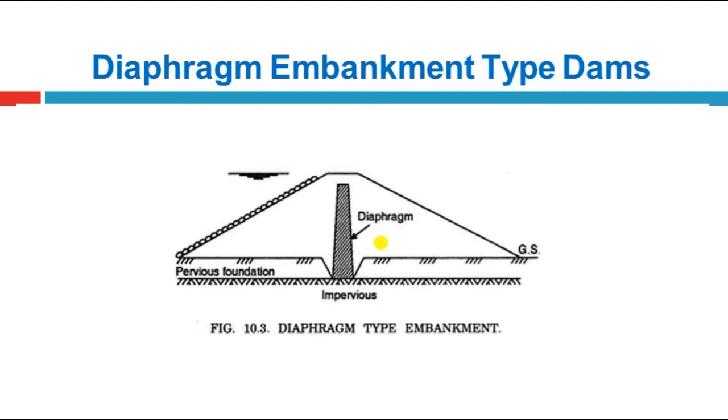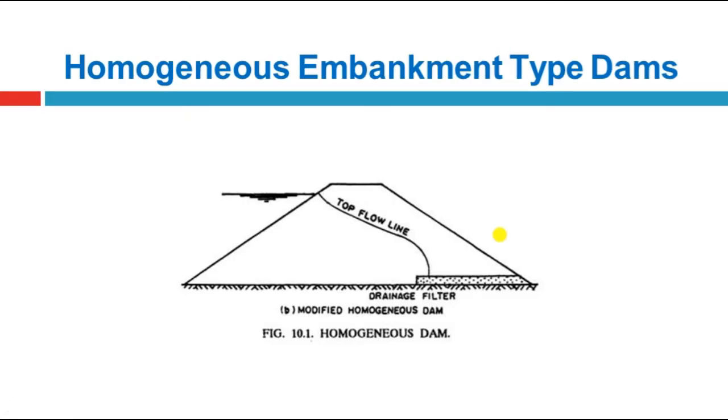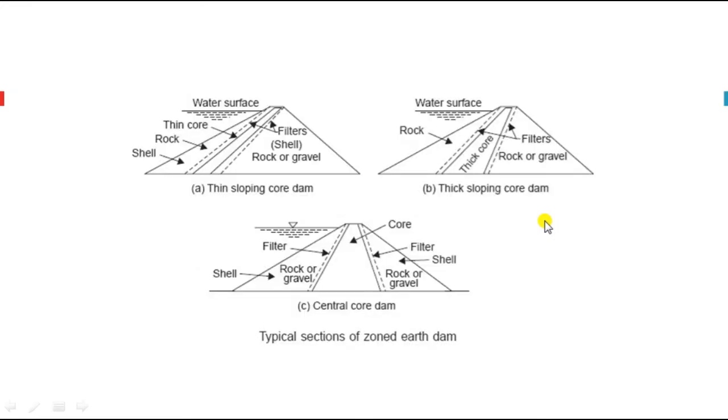Now we are discussing some of the components of an earthen dam and their functions. That is the impervious core. Next is the pervious shell, the outer portion of the dam. Next is the filter, placed somewhere here. See in the picture, that is the filter. Rock toe: another embankment is created and built with rock. That is called the rock toe.